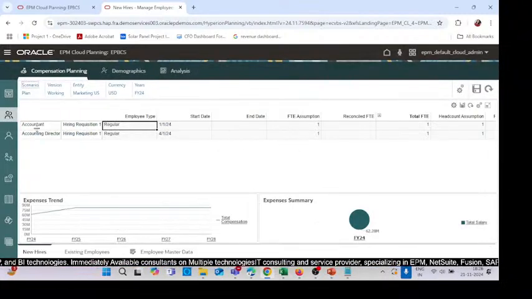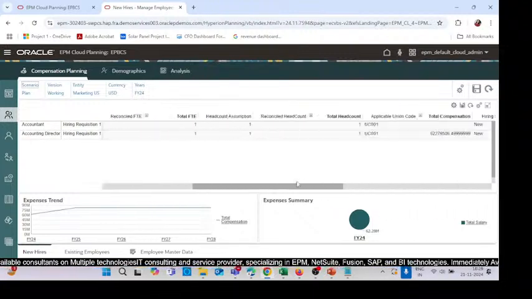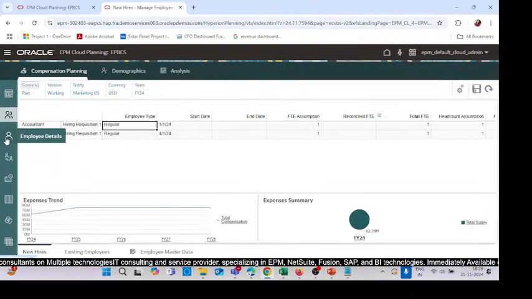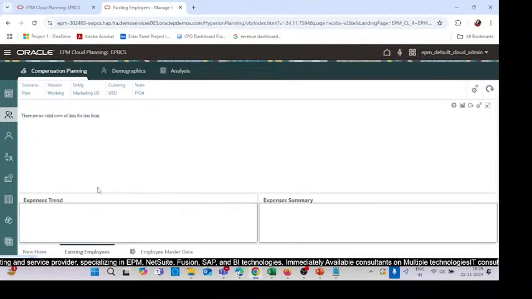So you can clearly see that we have 2 jobs, one hiring requisition is for the accountant and another one is for the accounting director, and the dates are different. Then click on employee details. Sorry, so it is new hire. This is new hire, now we need to see the calculation. The calculation you can see when you make it an existing employee. So just click here,